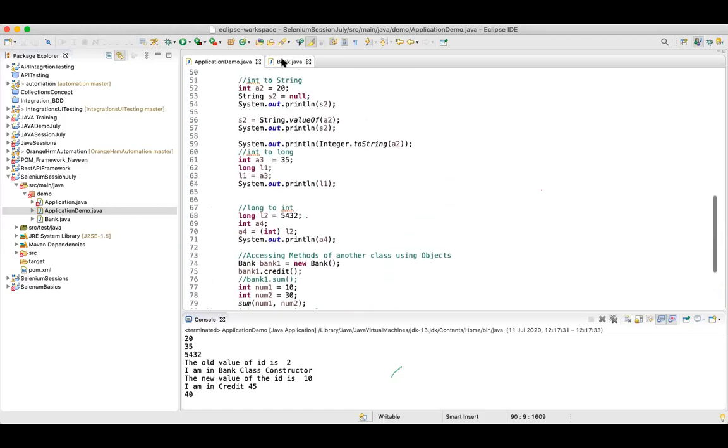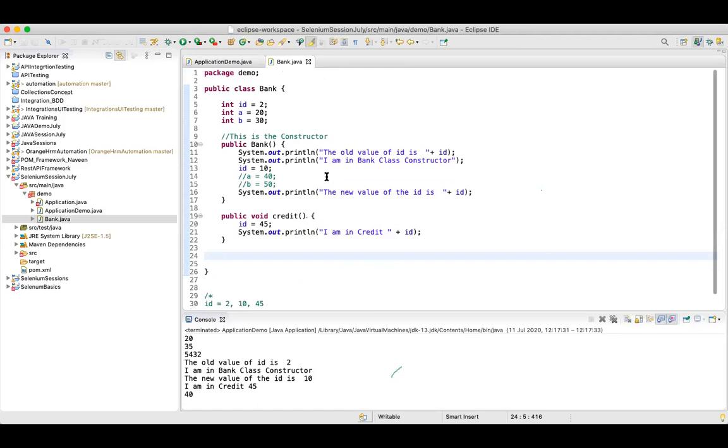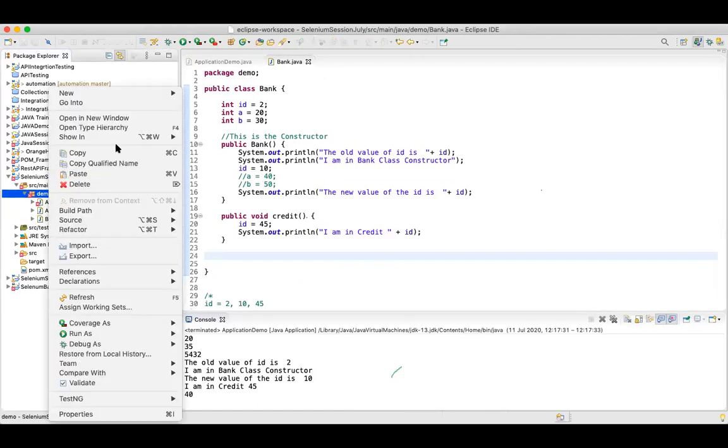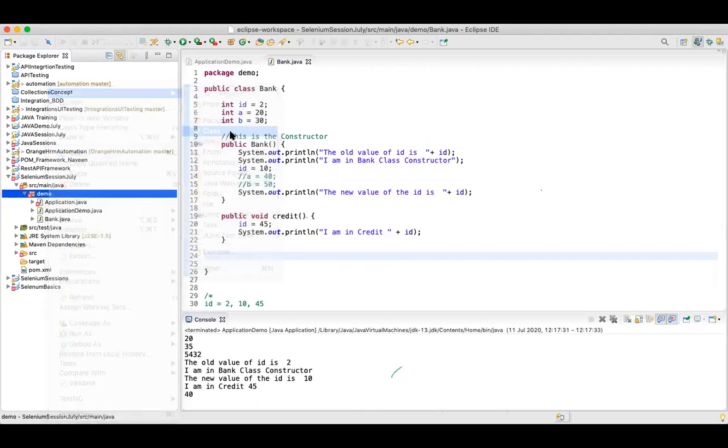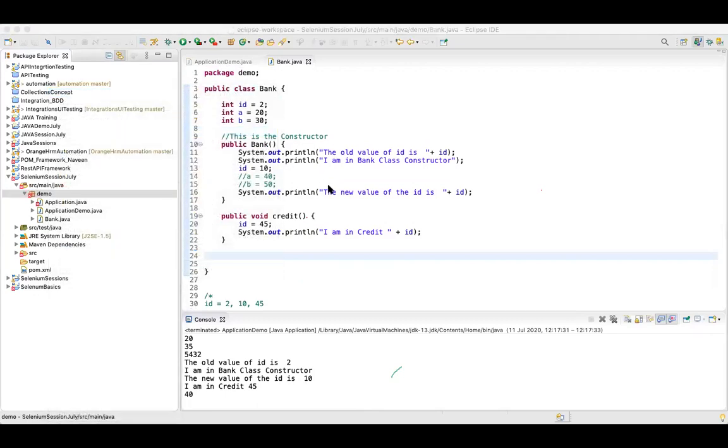Now say we have this bank class. Let's try to create one more class. So that is your bank, and let's say this is your ICICI Bank.